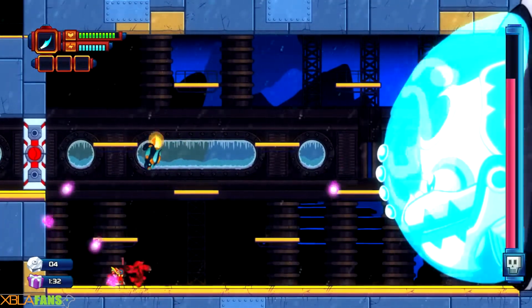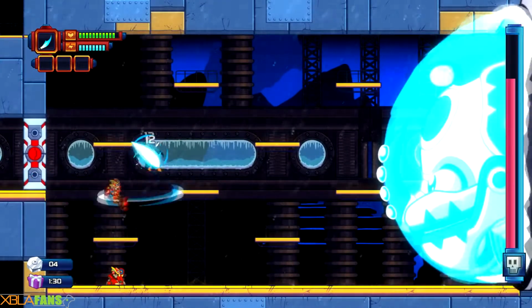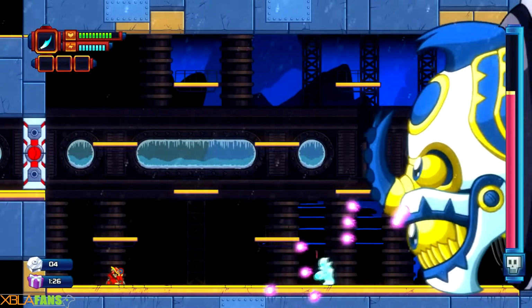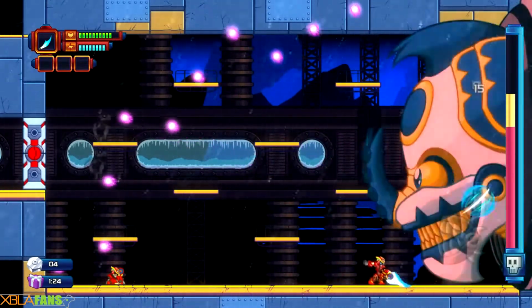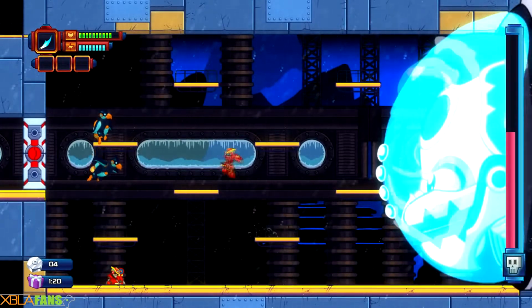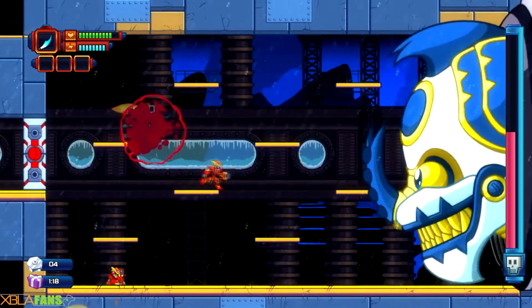You probably noticed right here, my body's right there. That's actually where I died last time. So I encountered this guy the third time, I believe, here, and I didn't make it. But I have noticed for these earlier bosses, I think about the first two, you can essentially just run up and just...